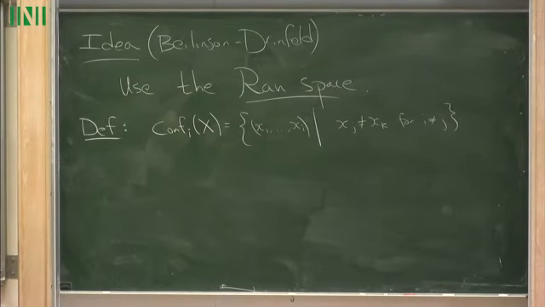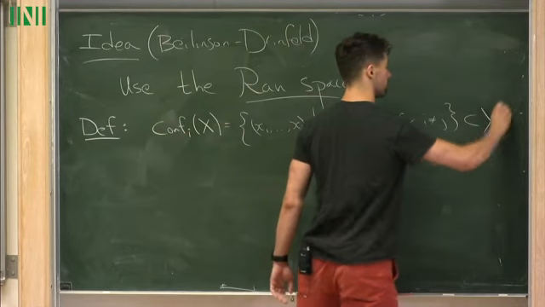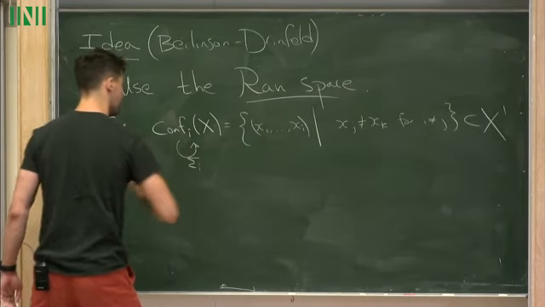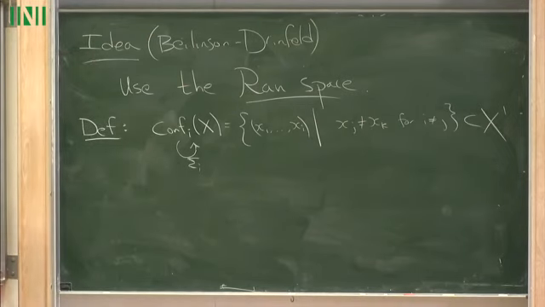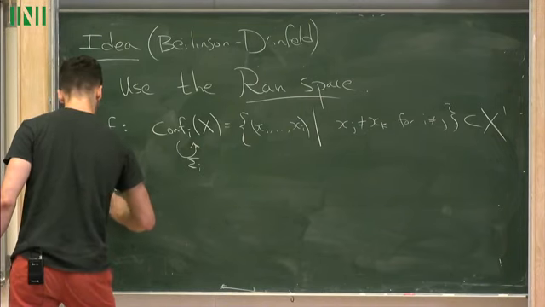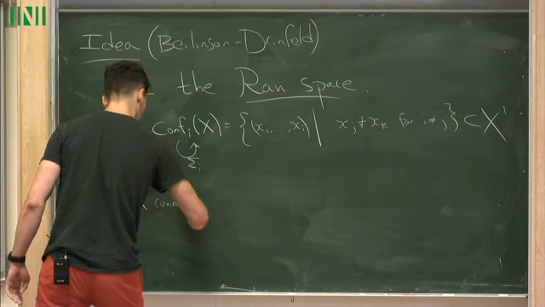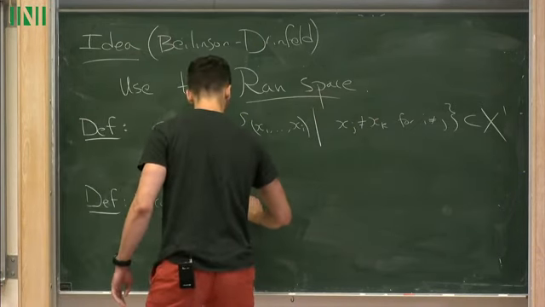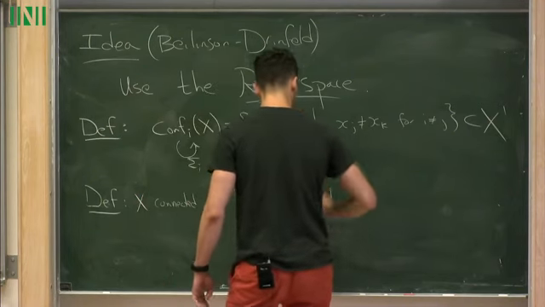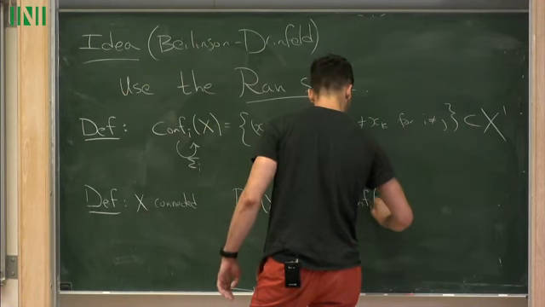And that's topologized given the subspace topology of the Cartesian product. There's an action of the symmetric group on this, and the quotient is the unordered configuration space. So if X is a connected topological space, then the Ran space of X is, as a set, the union of the unordered configuration spaces,